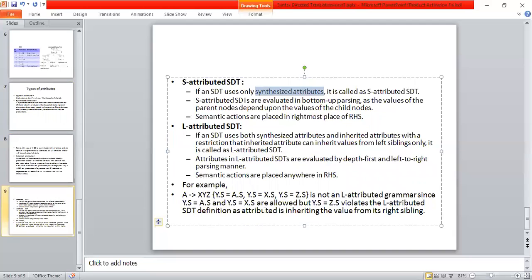But it is not an L attributed grammar, because according to the definition, an L attributed grammar contains synthesized as well as inherited attributes, but this given grammar contains only inherited attributes, so it doesn't contain any synthesized attributes. Hence the given grammar is not an L attributed grammar and also not an S attributed grammar.